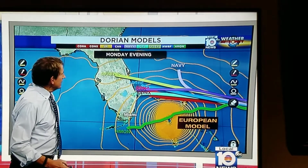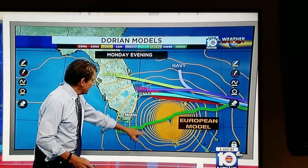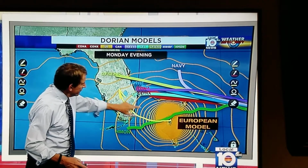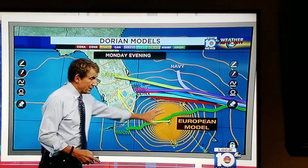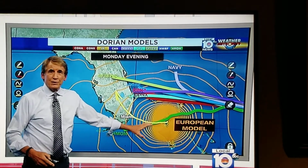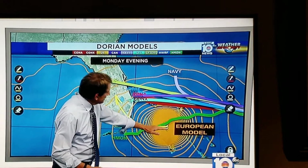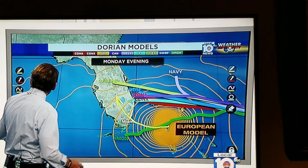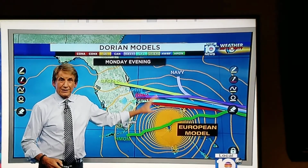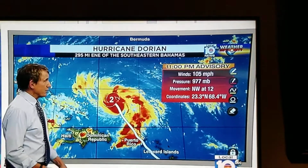Here we go. Now, Monday evening, look at it. It dives to the south. Now, this is a very strong hurricane heading on some kind of track, something like this maybe, very, very slowly. This would be a very difficult thing for us to handle here in South Florida. So we're not saying that's what's going to happen, and I don't know why it is so different. It's just strange that it would be so different than these other models that are generally reliable, and we don't know whether it's an outlier or whether, being a smart model and really knowing the atmosphere, it's really the one that's right. We just don't know. So